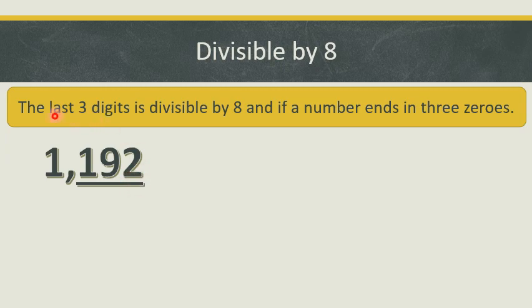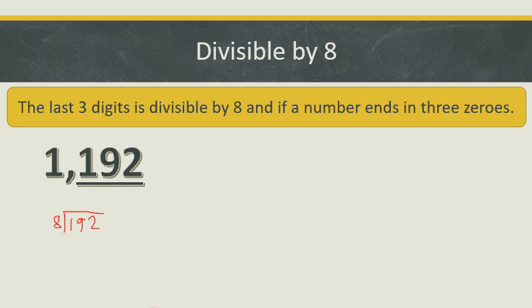So, anong uli ang gagawin natin? So, tingnan natin yung last 3 digits. Ano ba ang last 3 digits ng 1,192? So, ito, 192. So, yun lang ang i-divide natin sa 8. Instead na i-divide natin lahat, yung tatlong digit lang po. So, try nga natin. So, 192 divided by